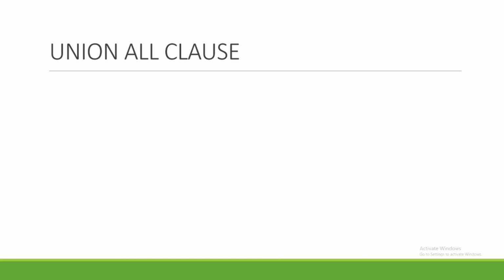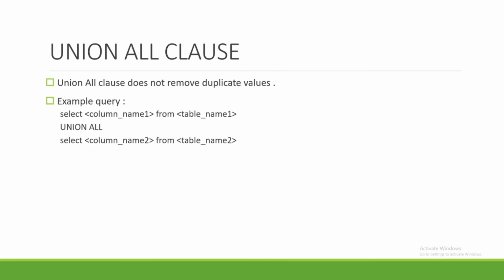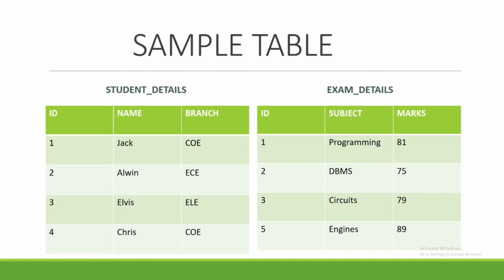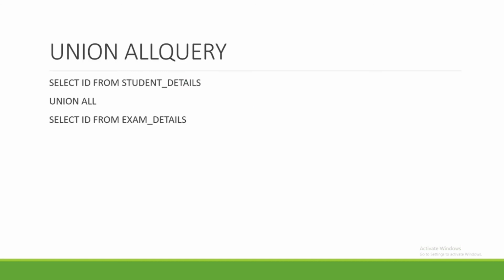Now there is another clause similar to union, that is union all. With the name itself, it is clear that union all actually returns all of the data. So it does not remove duplicate values. Whenever there is an intersection, it will create a duplicate value in the output. So if I talk about the query, it is the same as union, just replace union with union all, right? The query becomes select column names from table 1 union all select column names from table 2. Correct.